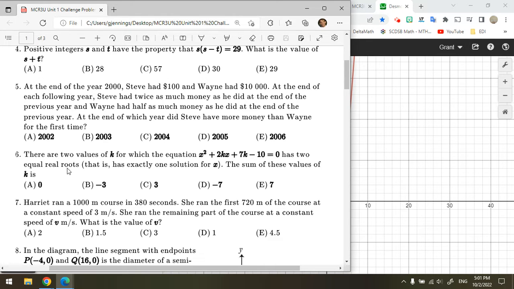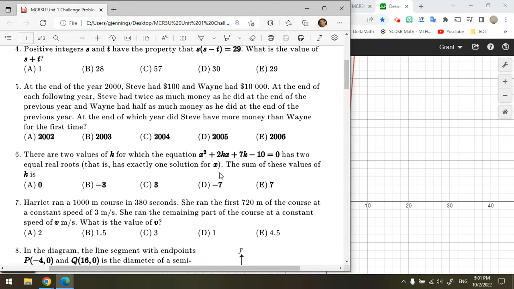to visualize the solution. There are two values for k, for which the equation x squared plus 2kx plus 7k minus 10 equals 0 has exactly one root each. Two equal real roots is a fancy way of saying one root. The sum of these values of k is blah, blah, blah. So we have to find what the values of k are, add them together, and then figure it